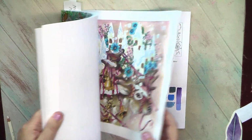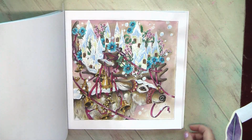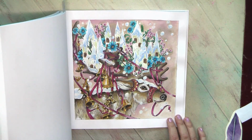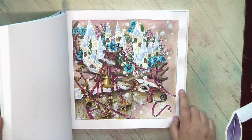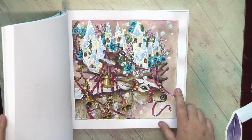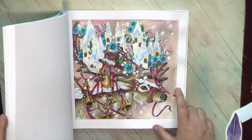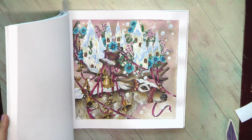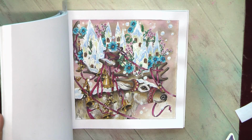So in January I did a couple of works. When I got the book, I immediately knew that for this page I wanted to experiment with this very light, warm beige with pink background. I achieved it by mixing watercolors and gouache. Gouache as an opaque medium helped me to mask